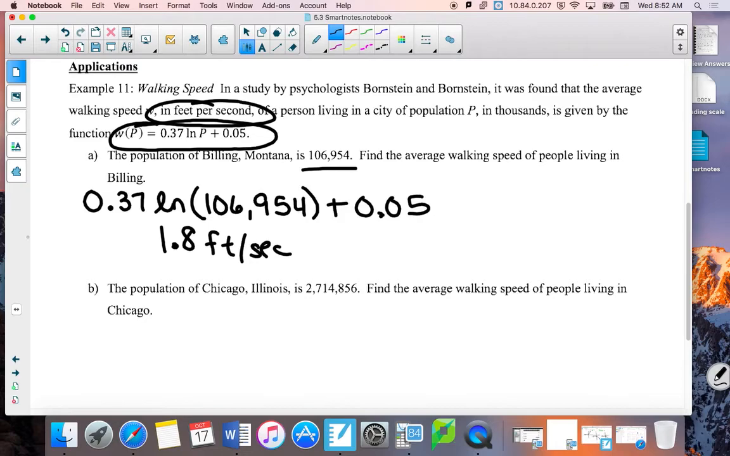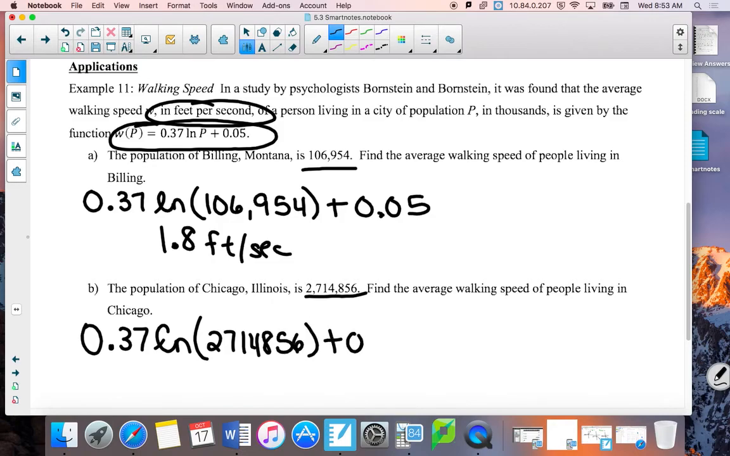And then if we want to know the same in Chicago, Illinois, they're giving us a different population. So using that same formula, 2,714,856. Again, plug that in your graphing calculator. You should get out about 3.0 feet per second. So in a more populated area, we're going to find that you're going to walk faster. You're going to cover, not necessarily faster, but a bigger distance over